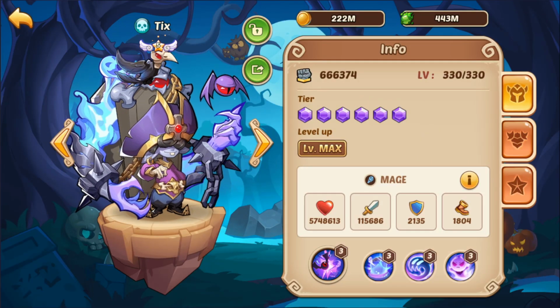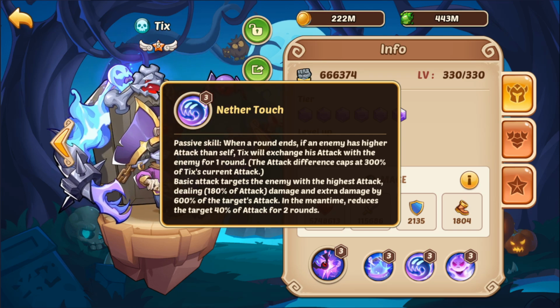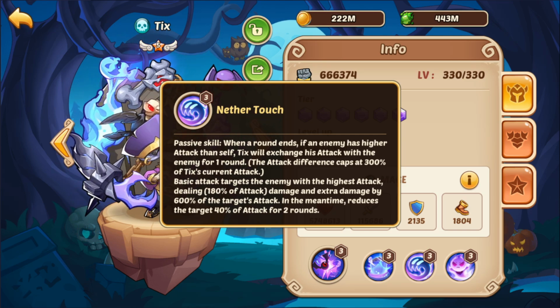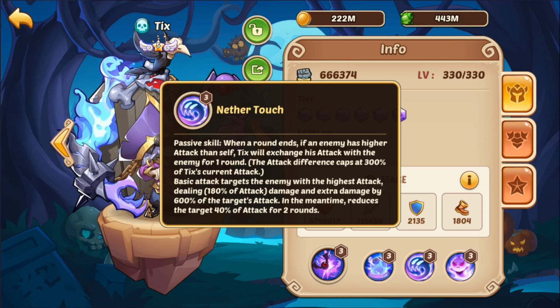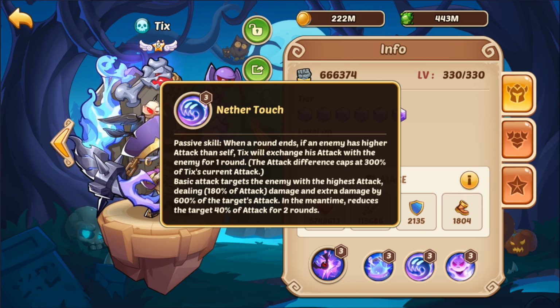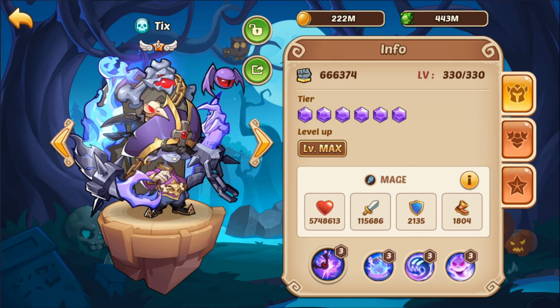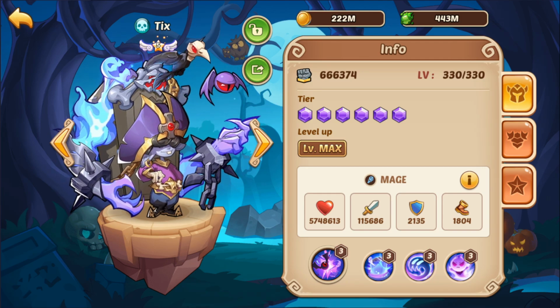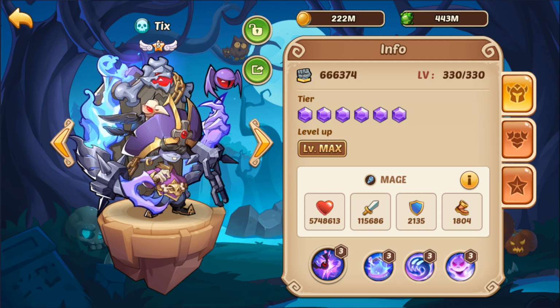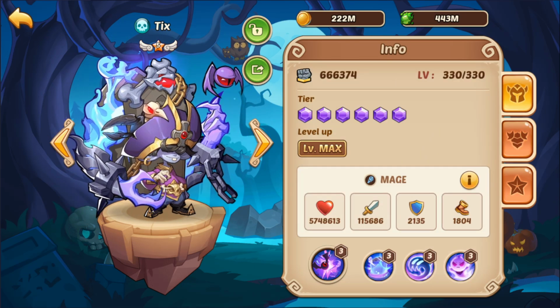The next reason is because if a hero has a higher attack, it chooses at random what hero it swaps it with. It doesn't necessarily choose the highest attack hero. This way you can kind of target the higher attack heroes by having a higher attack. It's probably not the best use for it, but the other reason is I just want to gain more attack,